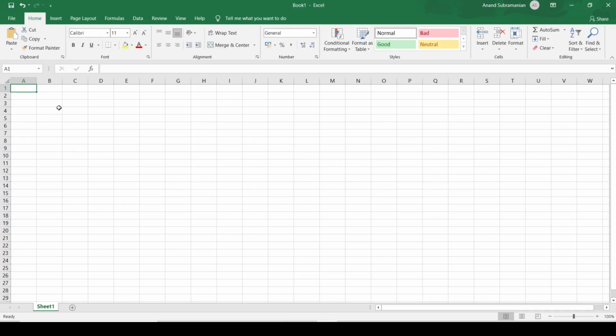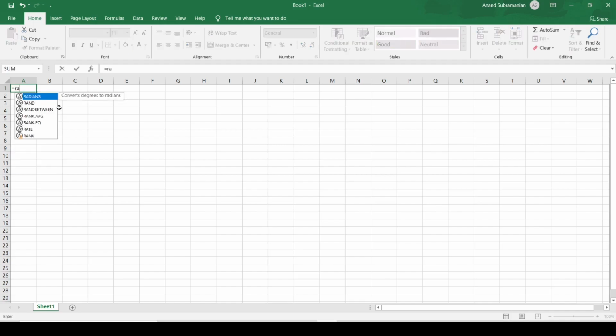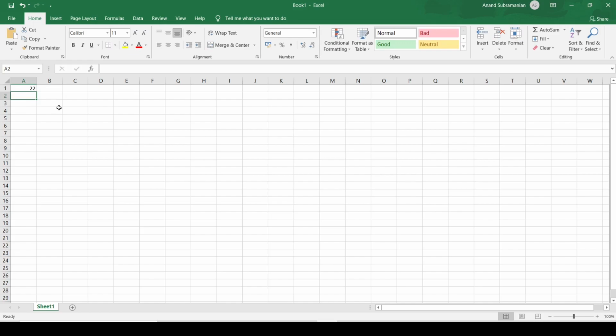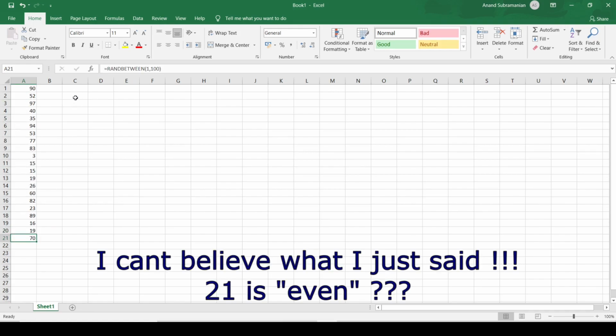And to create random numbers in Excel, we can do that using the RANDBETWEEN function. If I want to create random numbers between 1 and 100, this is how it can be done in Excel. And let me try to create some 20 random numbers. All right. So I have 20 random numbers, or let me have 21 random numbers just to have an odd set of numbers. Now, since I have a formula, if I make certain changes in the other cells, these numbers will keep changing.